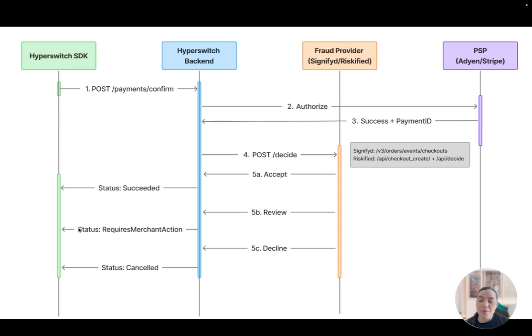On review, the payment moves into requires merchant action, which is Hyperswitch's state for held for a human. The decision then happens over on the provider's dashboard, Signified or Riskified, and comes back to Hyperswitch as a webhook. An approval triggers a capture, a decline triggers a void. Now here's the catch, and this is the part that trips people up. Post-auth manual review only works if the PSP leg is set to manual capture. If that gateway is on automatic capture, the money has already moved by the time the review decision lands, and there's nothing left to hold.